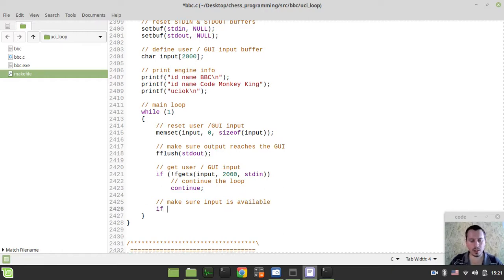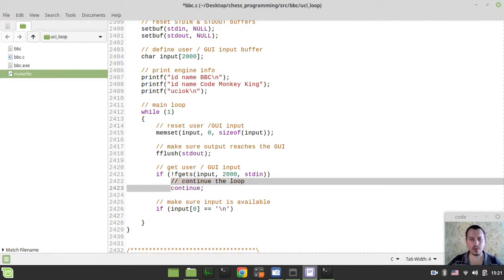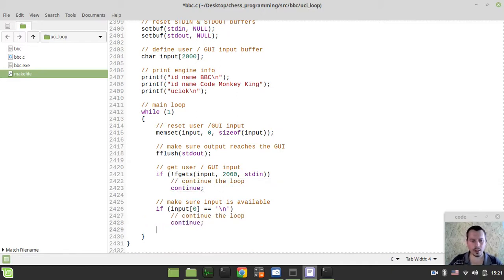So we can say if input and the very first character is equal to the new line, we want to continue the loop as well. Okay, and